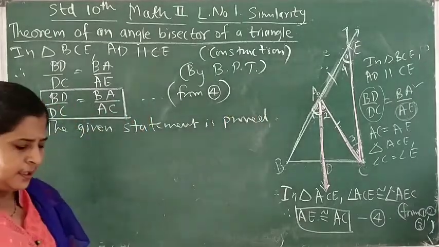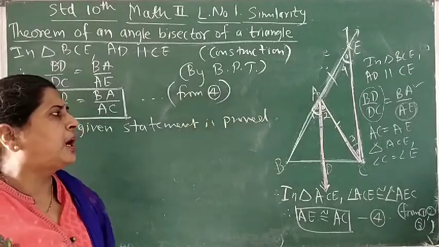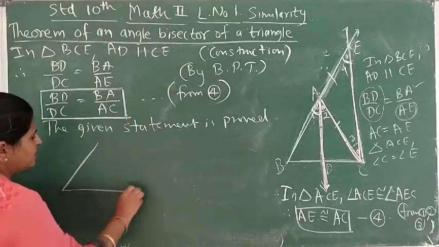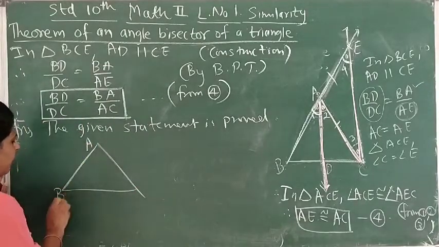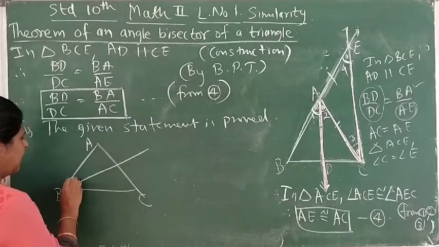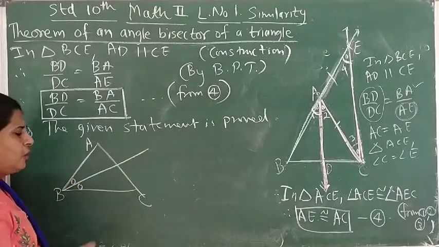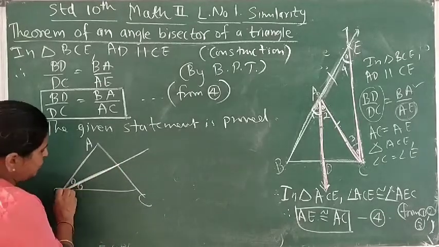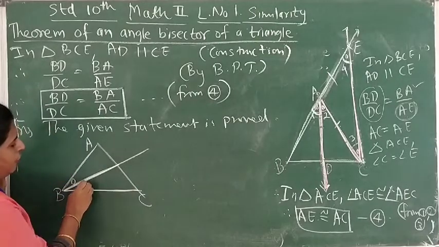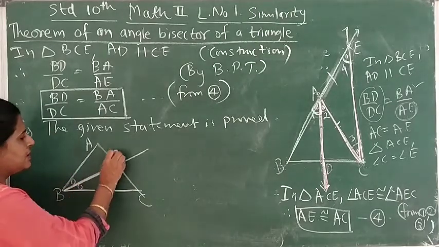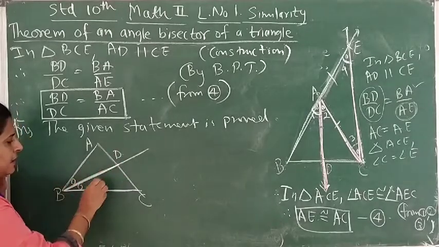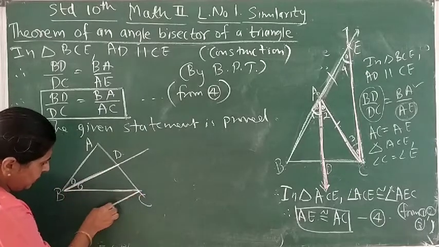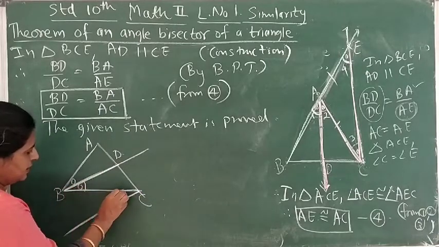Now my point is, is it compulsory that every time we have to use the bisector of angle A only? No. If you have this triangle like this, ABC, and if you are going to bisect this angle B, then also you can prove it, but how will the construction change? So always remember we want that parallel, this BD is parallel. So BD is the angle bisector. BD should be made as a parallel. So try to make a Z over here, alternate angle here. So make it an alternate angle like this. So which is going to be this and this alternate angle.